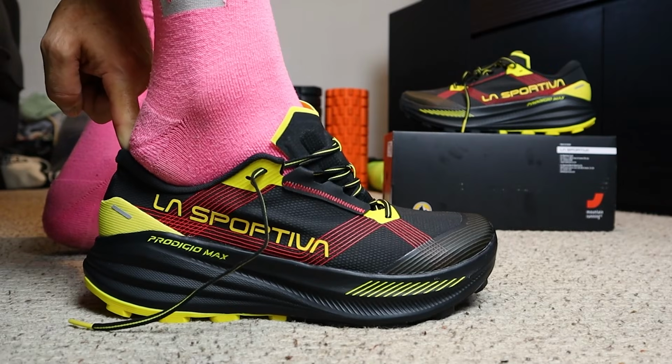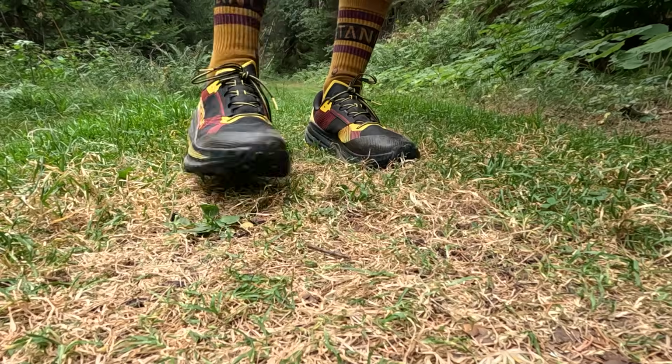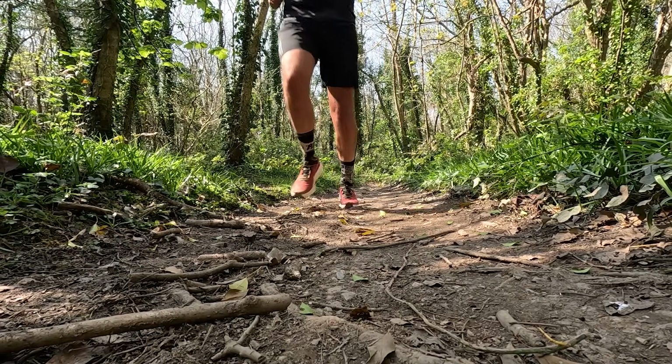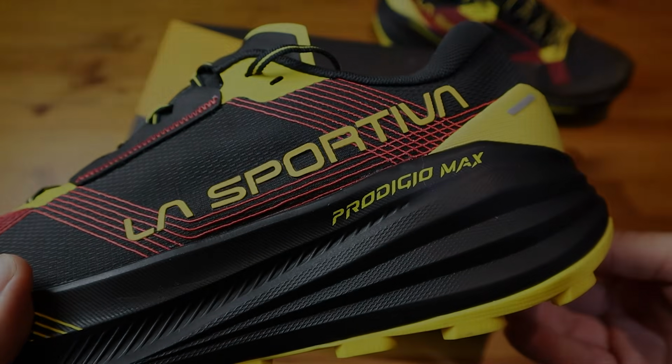So all in all, a nice, comfortable, good fitting upper on my foot shape. With this being the Max version of the Prodigio, obviously we get that deeper stack of cushioning in the midsole, but what I would say is if you're expecting that sort of bouncy, high energy returning ride that you get from a Prodigio Pro, this X-Flow Endurance midsole might leave you feeling a little bit disappointed because it definitely runs